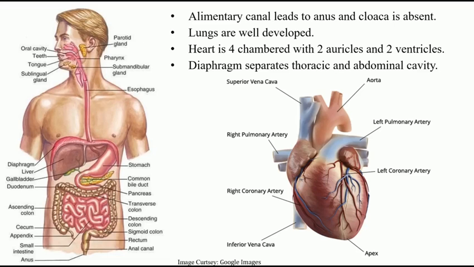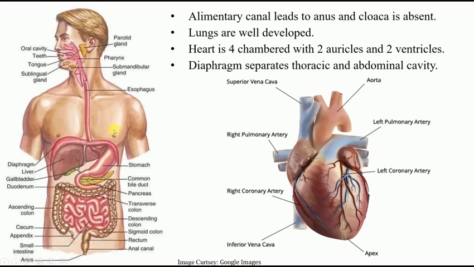So there is a complete separation, and the circulation is referred to as the double circulation. Then the diaphragm separates the thoracic cavity from the abdominal cavity. So here in this diagram, if you see, this region of the chest is referred to as the thoracic cavity,